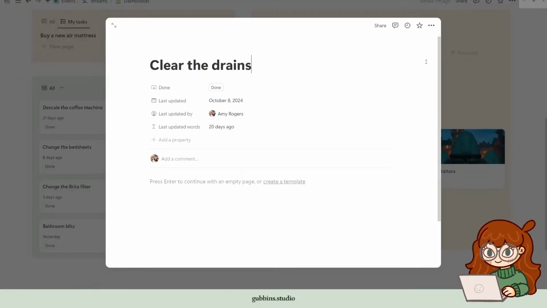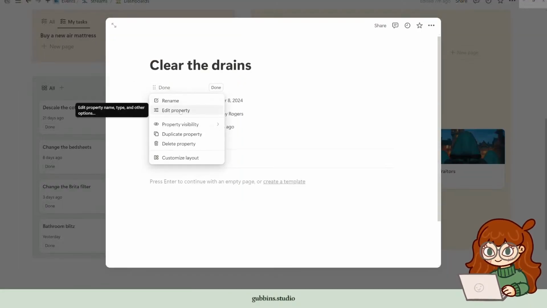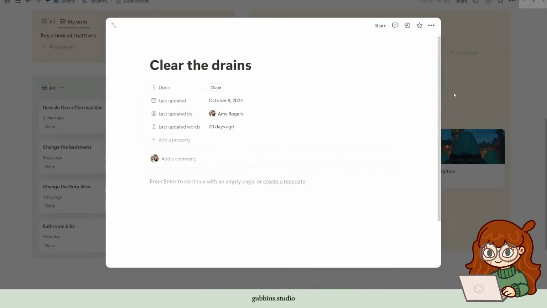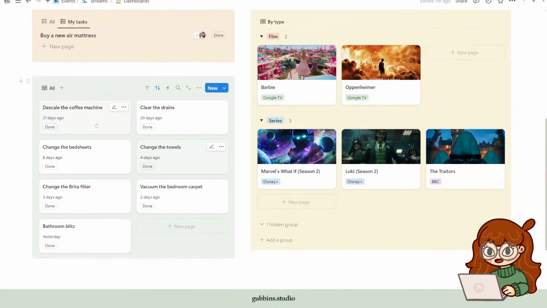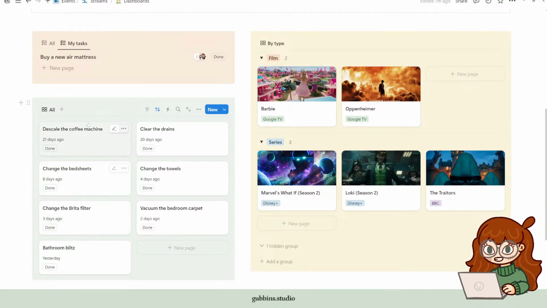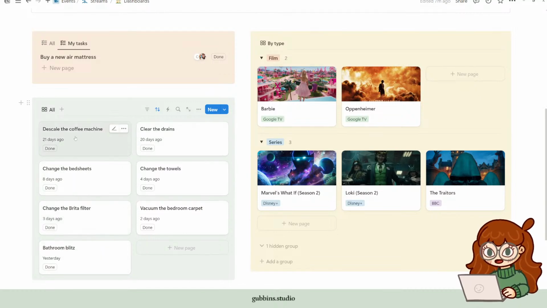Oh, I don't think I showed you that actually. This automation just changes the last updated date to the date that the button was pressed. Again, quite simple, but you can see how you can build these things up to be quite powerful. And having it in this view means that, this one's good for being able to click done and stuff disappears off of your to-do list. But then this one, it's good because